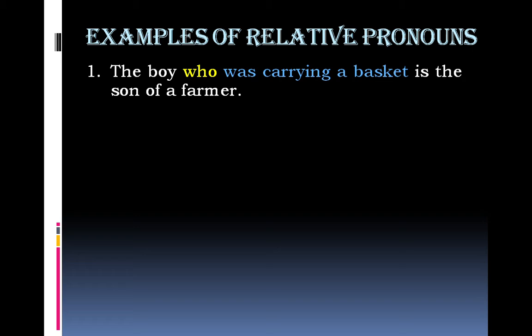This sentence contains two clauses. One is in white color and the other one in blue with one word in yellow color. A clause is a part of a sentence with its own SV combination, subject-verb combination, and we've got two such combinations in this sentence. One is the boy is the son of a farmer. Boy is the subject, is linking verb, and the son complement. The second clause is who was carrying a basket. In this clause, who is the subject, carrying verb, and basket, object of verb carrying.